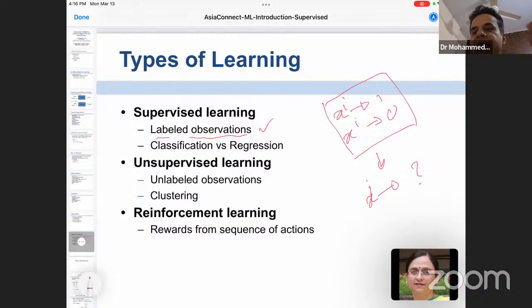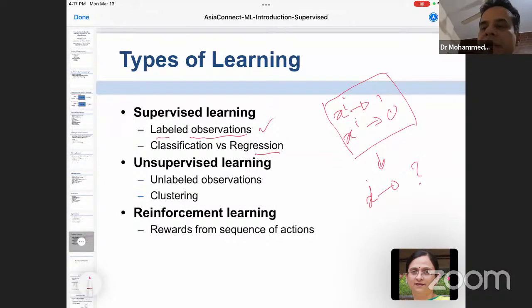Very briefly, in a classification problem you have to decide which class the input belongs to. For example, classifying an email as spam or not spam is a classification problem. In regression, the target is continuous. If you want to predict tomorrow's temperature, that is regression, because it can be 22, 23, and you cannot simply classify it. It is a continuous value that you need to predict.